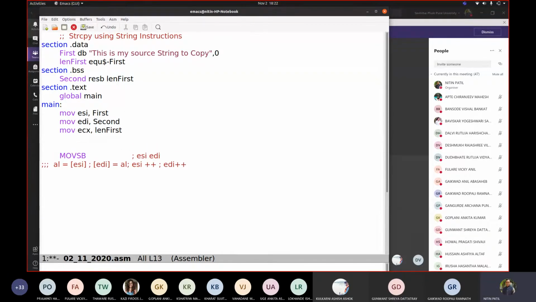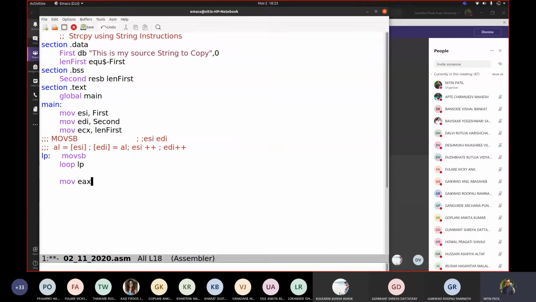Fine. Now let us work it out. So this is the movsb instruction which we are going to make use of. I added that as additional information for you. Now after this is done, I will write a label, okay, and I will simply write movsb, and one instruction called loop to LP.